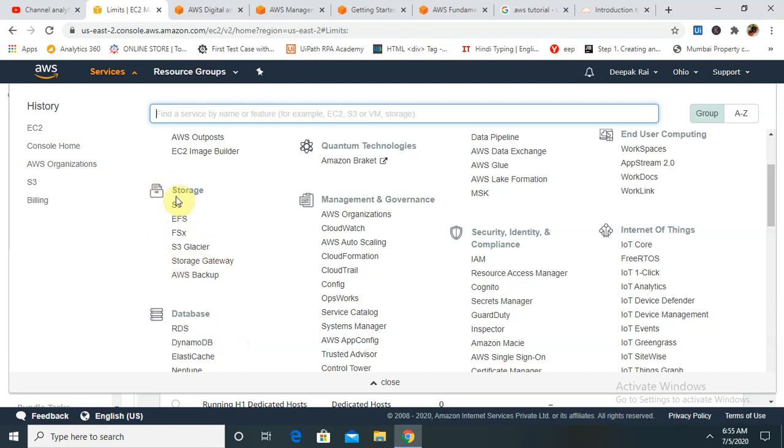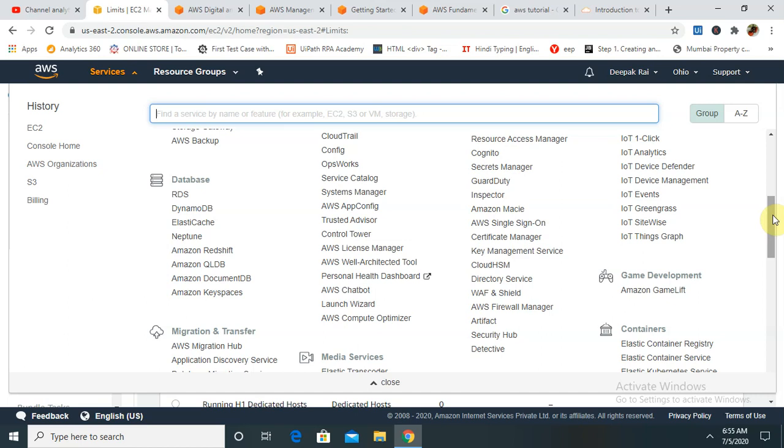In the storage part, you can see here S3, EFS and FSx. S3 Glacier is also available. So based on your login credential, you can create it according to your requirement. If you want to have a look at the database, it's always recommended to use a service which is completely integrated with your server or cloud computing. So it's always good to go with Amazon RDS. Even if you want to use external SQL or NoSQL, you are okay to use that, but it's always recommended to use the same instance and the same database.